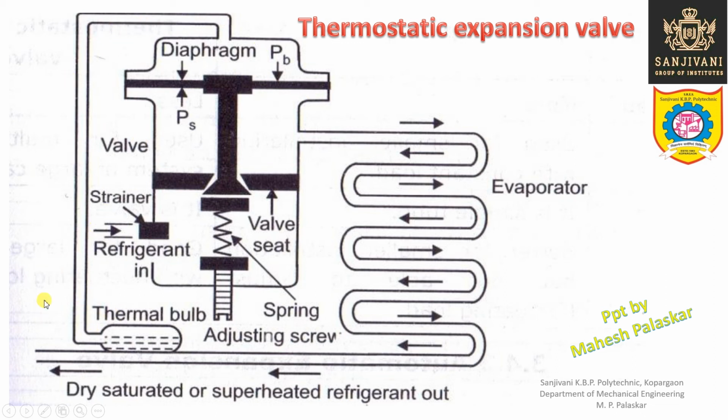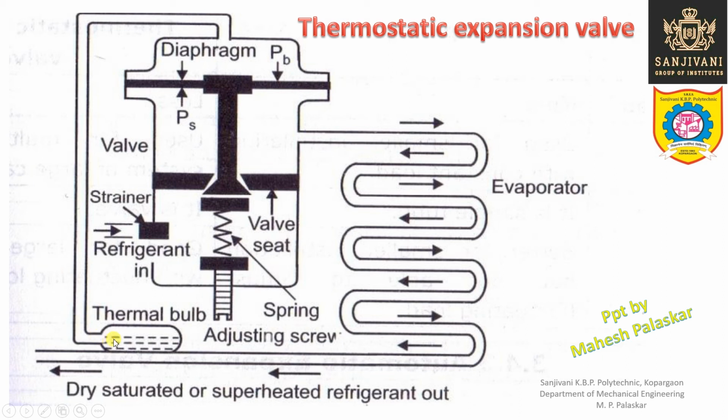So this is a capillary tube, and the refrigerant is present in the capillary tube as well as in this particular thermal bulb, and the same refrigerant is present in the top side of this particular thermostatic expansion valve, that portion which is above the diaphragm. This is the diaphragm, and this diaphragm divides this thermostatic expansion valve space into two parts, upper part and the lower part. So the upper portion of the thermostatic expansion valve, which is above the diaphragm, is connected through a small capillary tube.